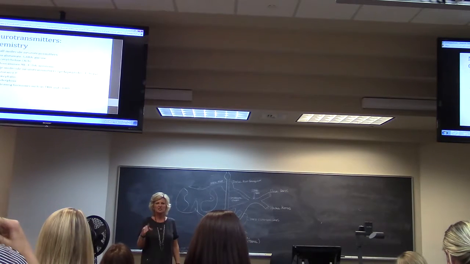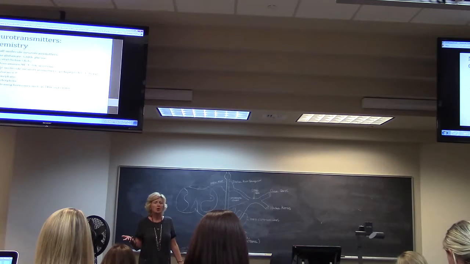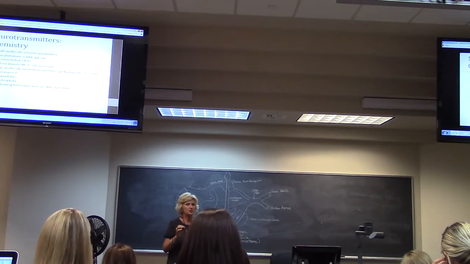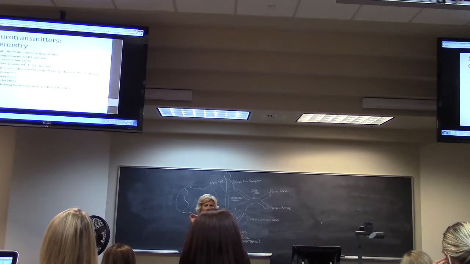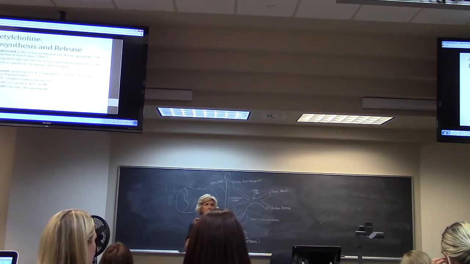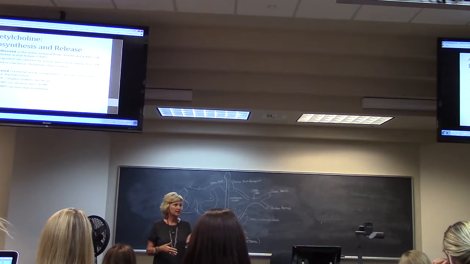TRH and LHRH are examples of some small or large molecule neurotransmitters, just so you see where it all fits in. So these are small chemicals that are being sent from one neuron to another. So acetylcholine itself, the biosynthesis of that, you've heard about acetylcholine every time you've studied muscle,